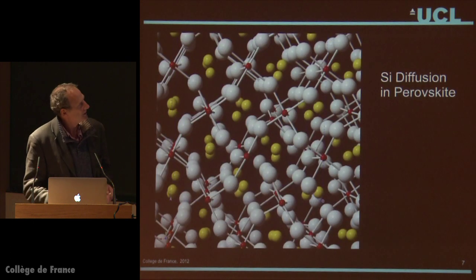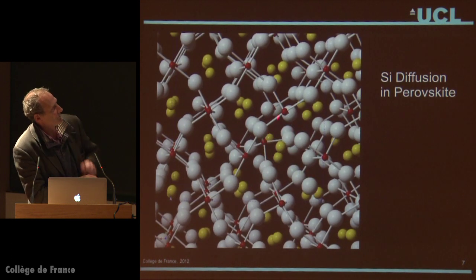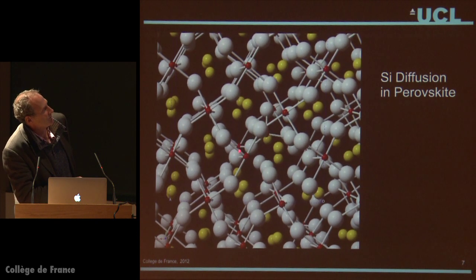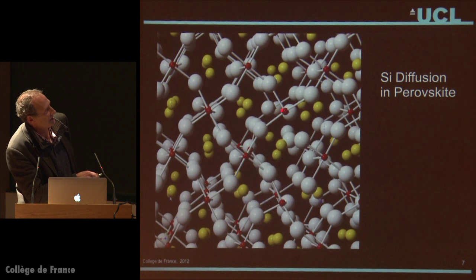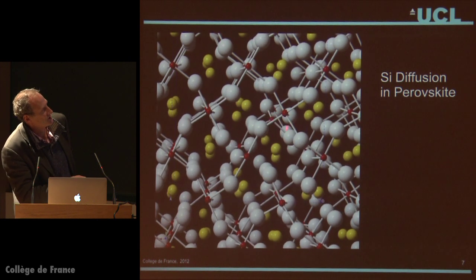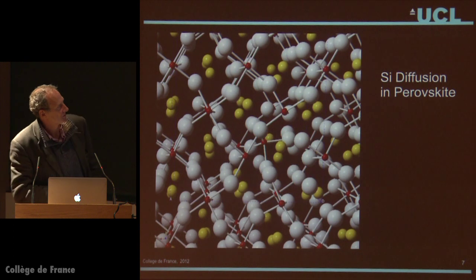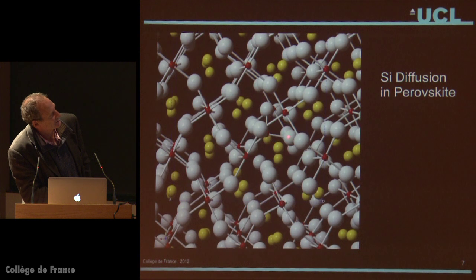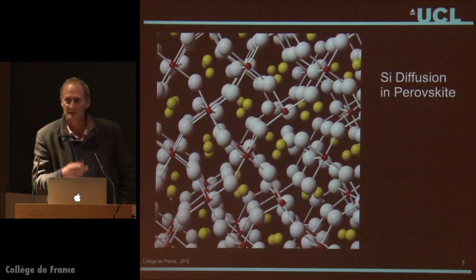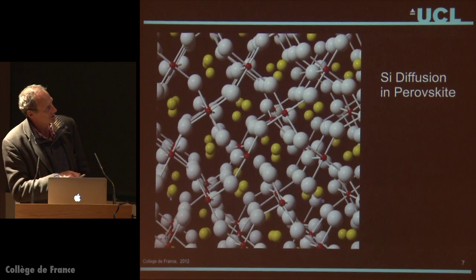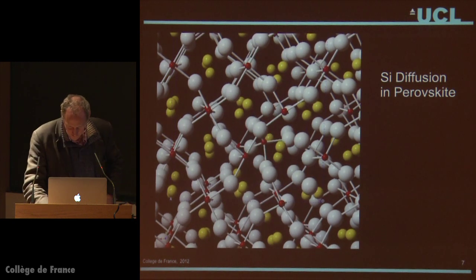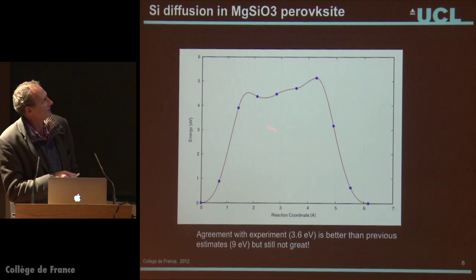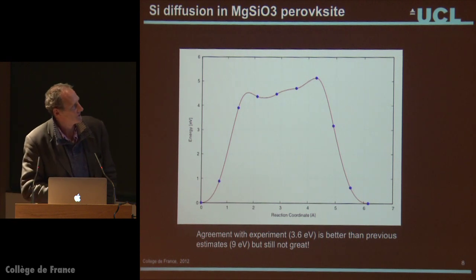And this is roughly what we're trying to calculate. You can see basically in here is one missing silicon. There's a silicon here that diffuses through, and this is the energy that we want to calculate, the highest energy path that it goes through. As you can see, it's actually quite a complicated process. These oxygens move around a lot and come out and collect it almost and catapult the silicon into this site. And we can calculate the energies at all points along, and then come up with some sort of an energy or an enthalpy for this